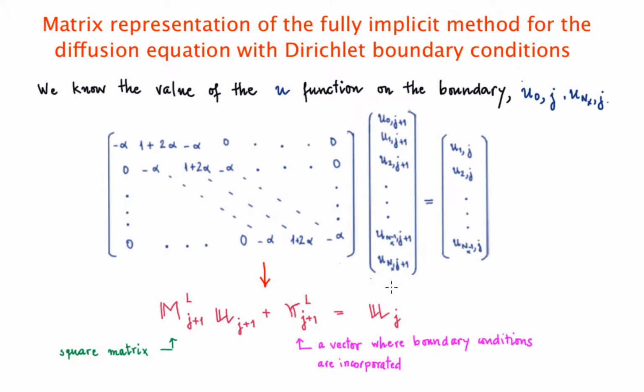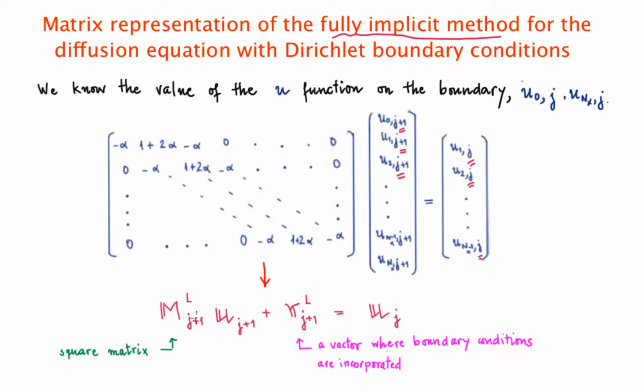This was the matrix representation we got for the fully implicit method for the diffusion equation. And remember that we're going to put on the left everything which depends on j plus 1, and everything which depends on j we're going to put on the right hand side of the matrix representation. And our aim was actually to convert that matrix, which is not square,